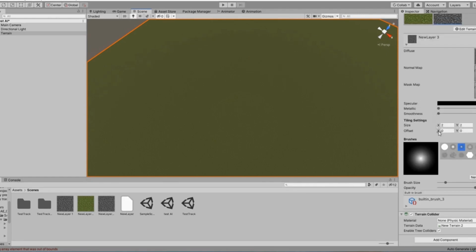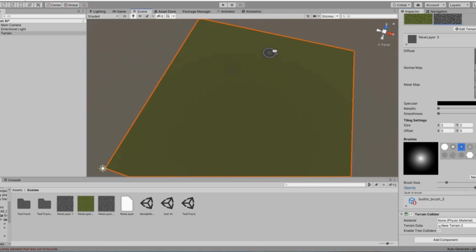You can also change the brush size and also change the opacity of the texture. This opacity will decide how strong the texture will be painted. So I have set the opacity to full.